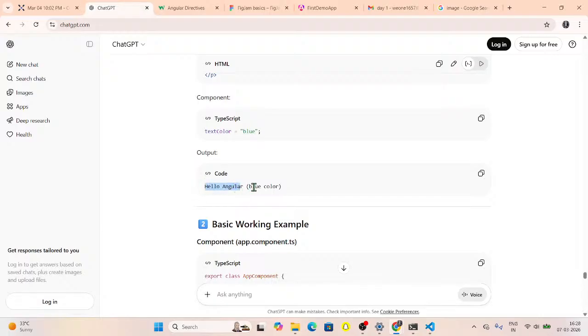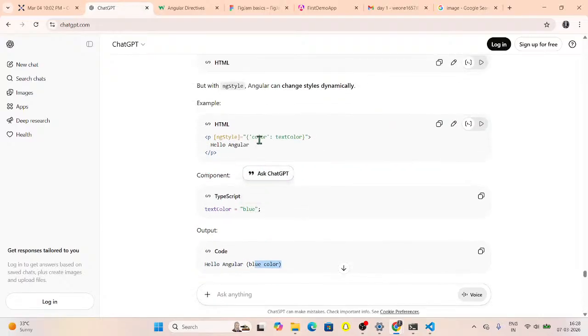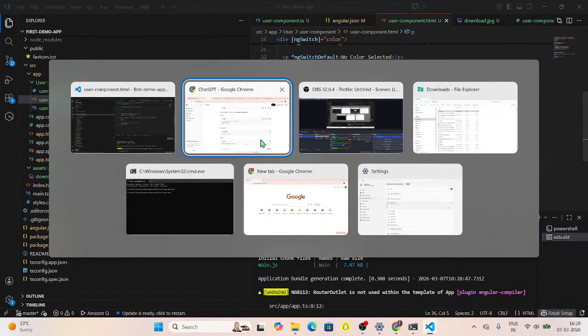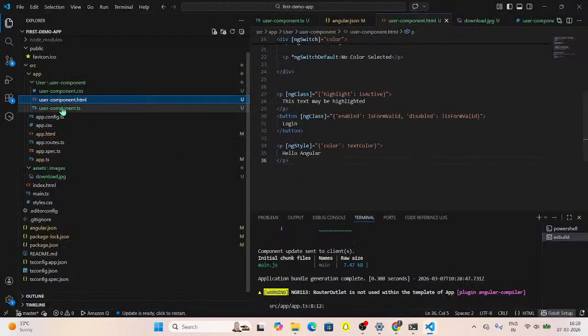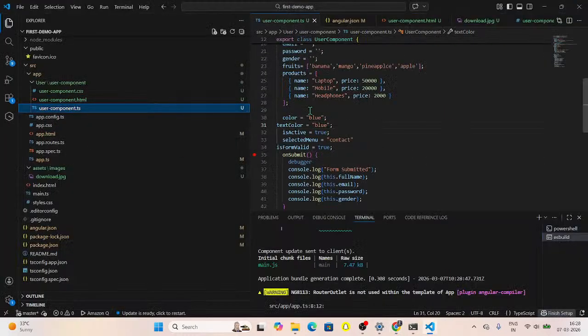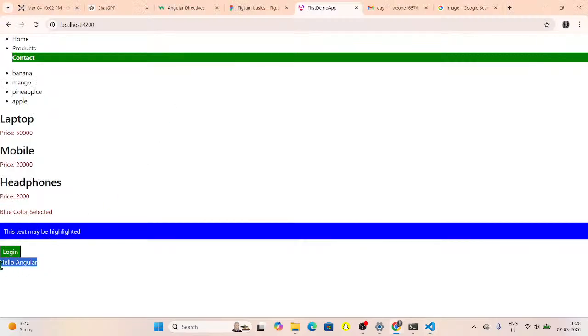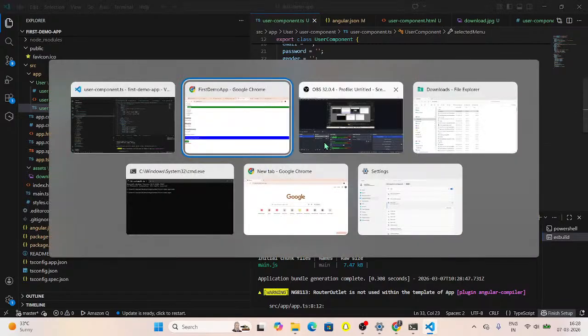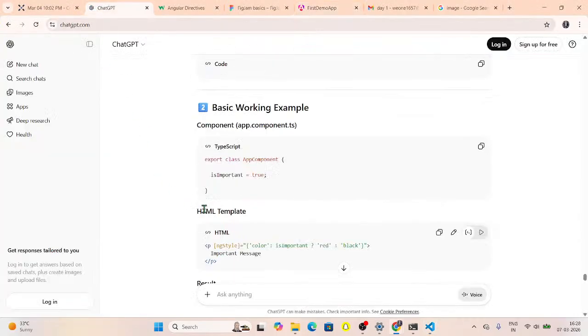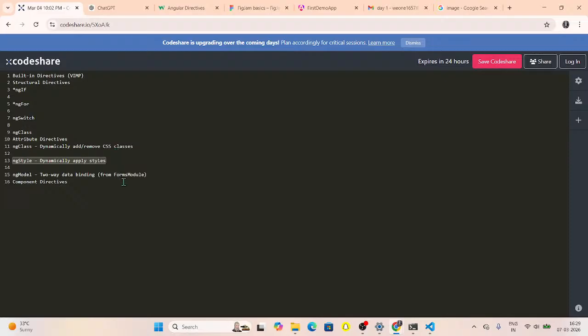So hello angular, blue color. So it should be in blue color. If we are correct, then it is showing a blue color. If we are switching color from blue to red, then it is going to be in red color. All right, these are the things that are important, but I don't think this is the important part. All the other things like classes we have to add, that is the important thing. All right, so